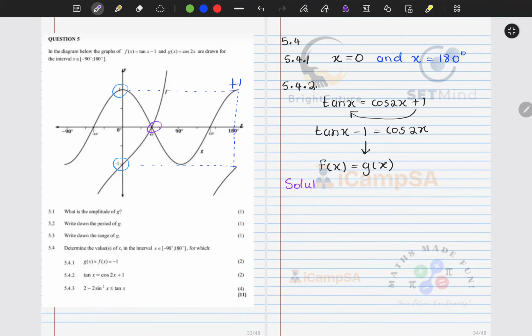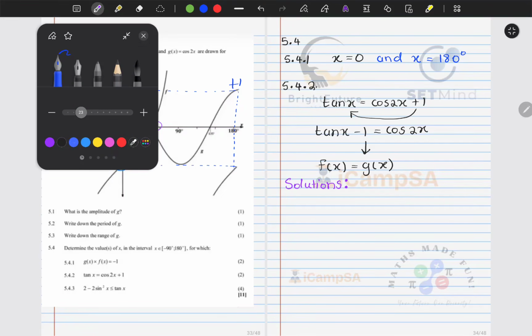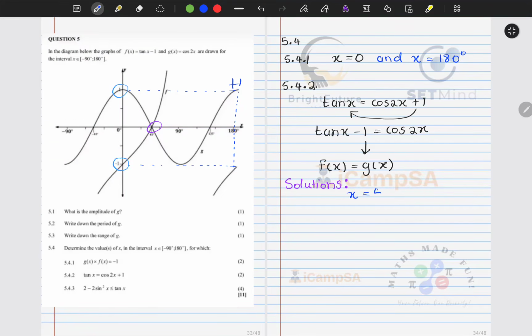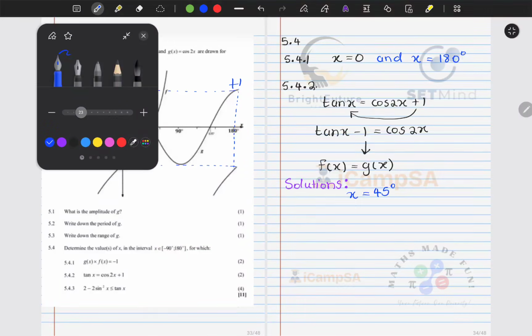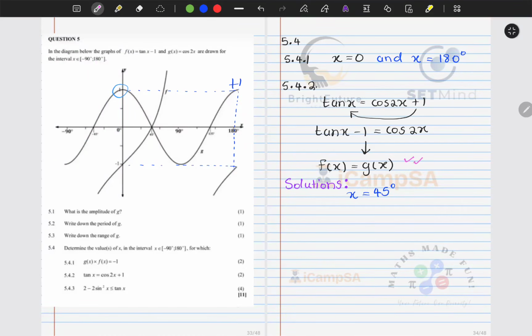So let's have a look at our solutions. Where these are equal, you will see that they are equal at x equals 45 degrees. That is where they intersect. And they don't intersect anywhere else, at least within the given range. So where you were going to get marks was for you to realize that this is what we are working towards. And this is the answer here. Okay. Awesome things, guys. So let's move on